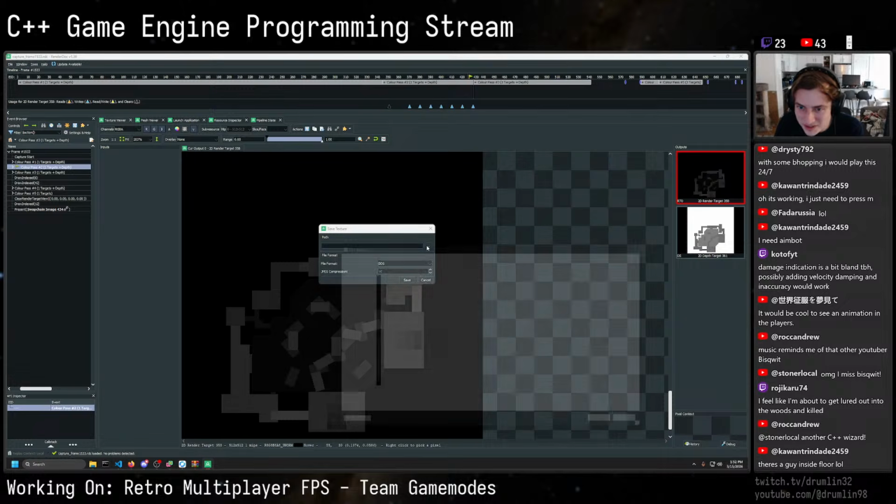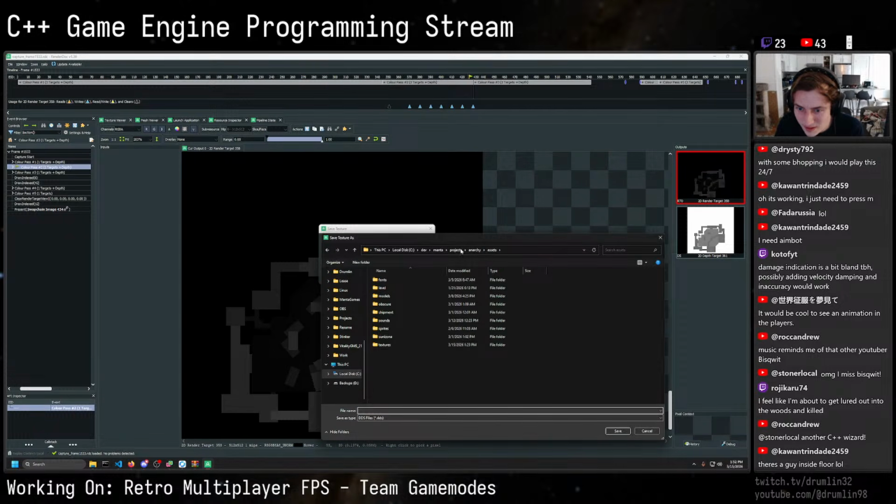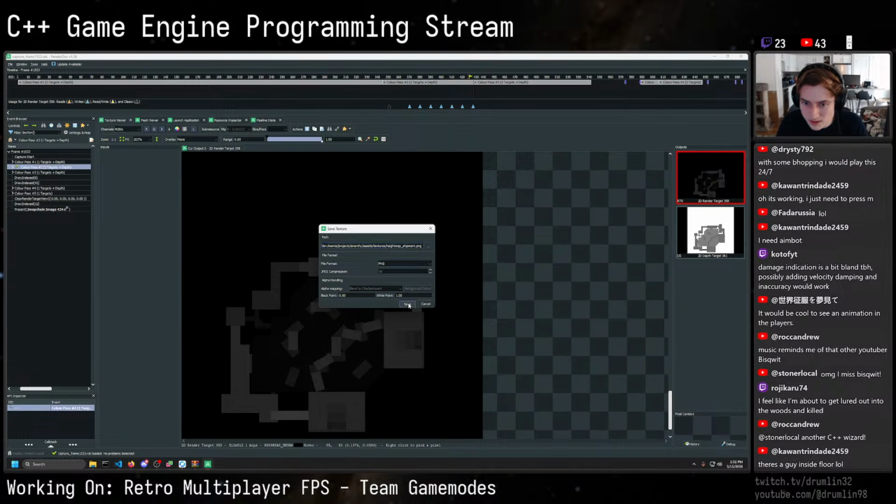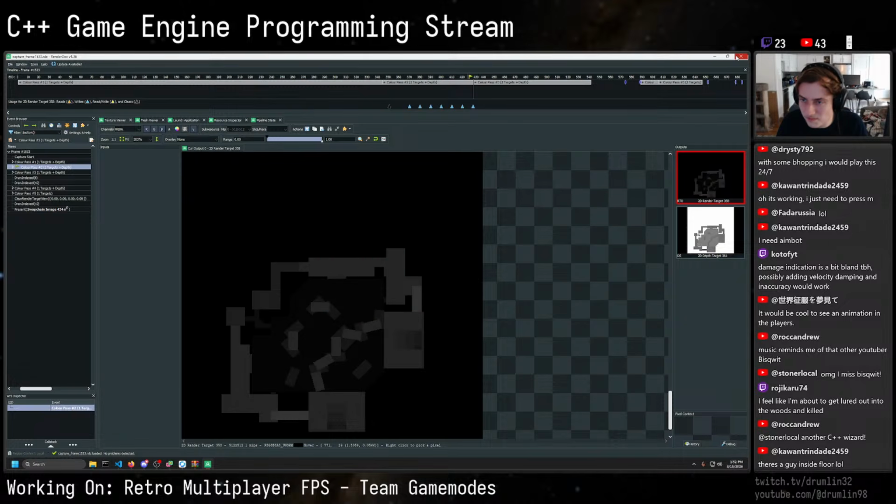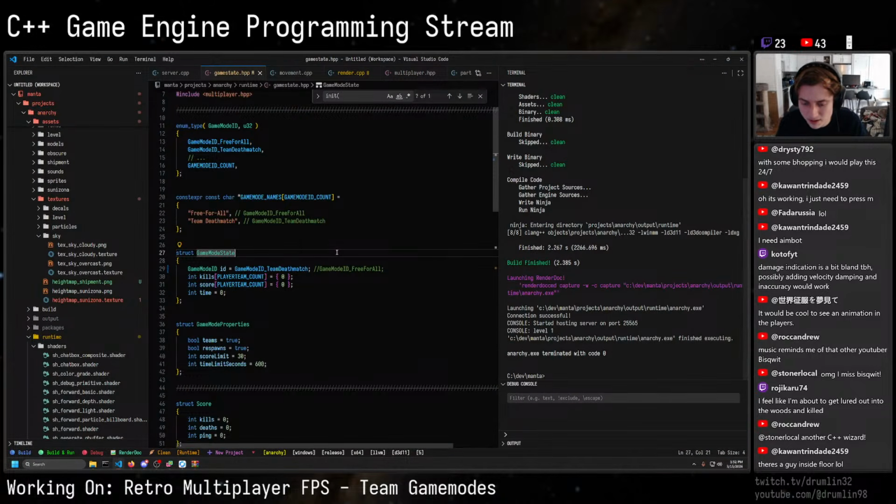Okay, so this should be textures, PNG. Height map, shipment. Save. And then we just have to do the same thing